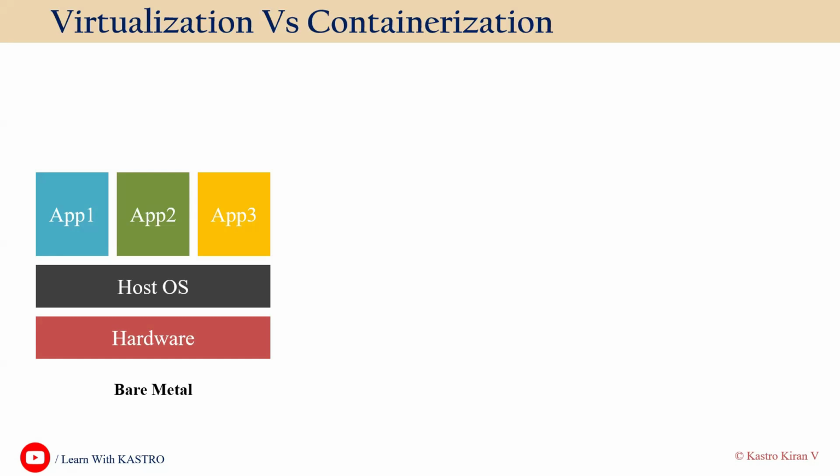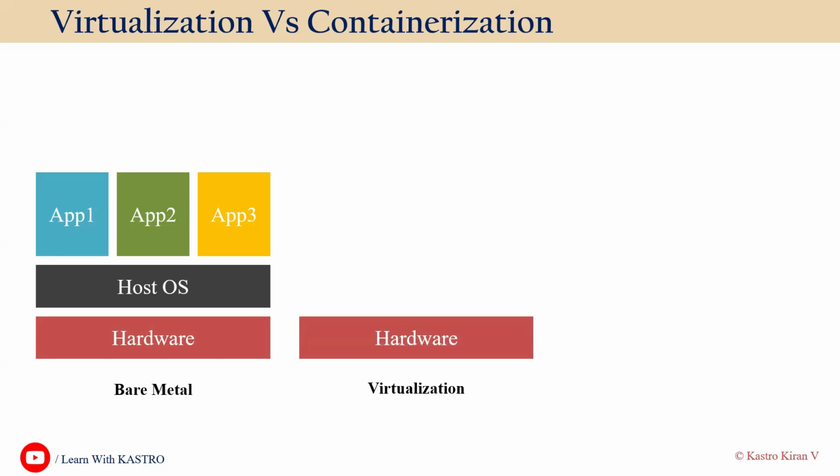Now, this bare metal has advanced into a next level concept, which is known as virtualization. This virtualization concept came into the picture once we got the concept of cloud technology. So let's see how virtualization makes changes compared to bare metal. Again, in virtualization also, we'll have the bottom layer as the hardware components. So we will have all the required hardware components in virtualization as well. And on top of the hardware components, we will have the host operating system.